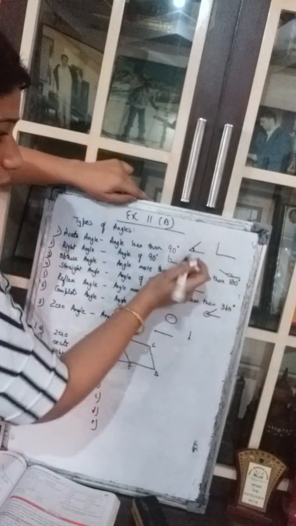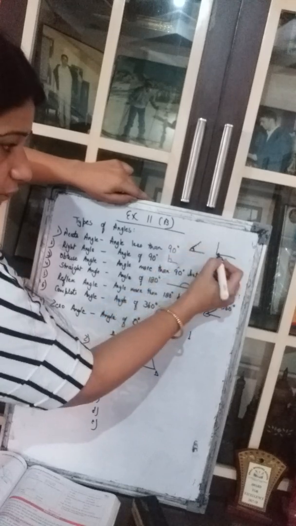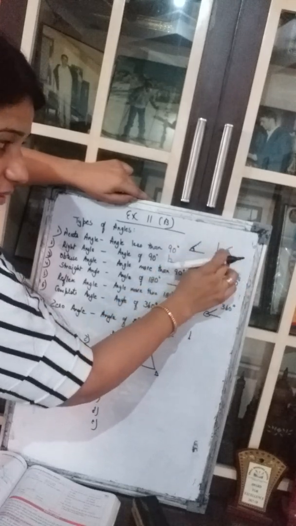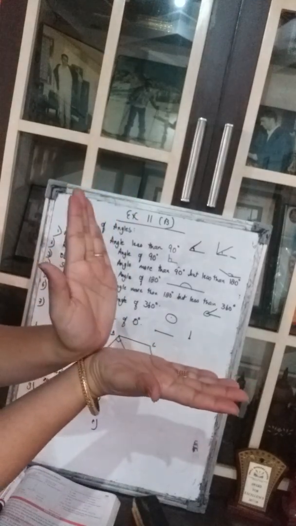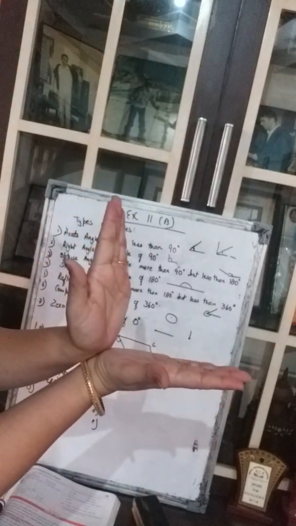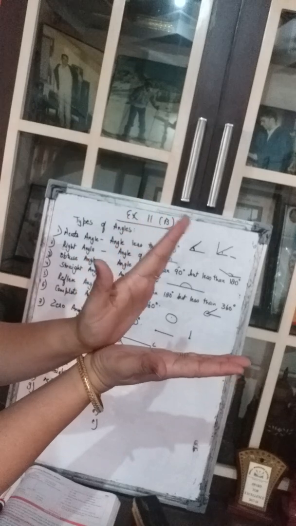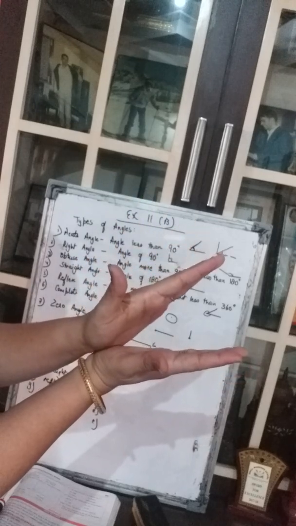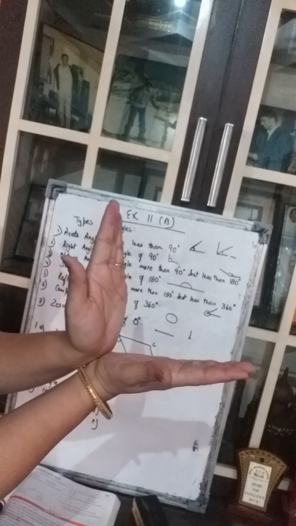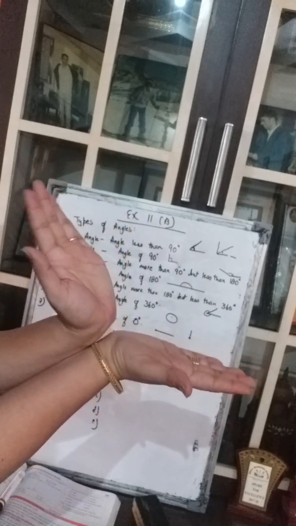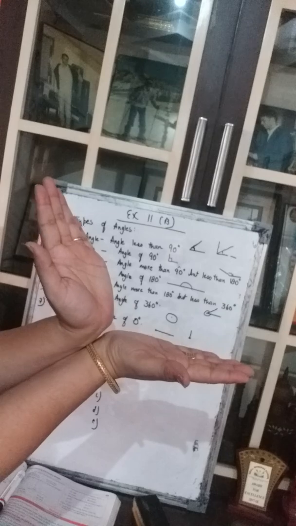So now this angle, this one, obviously this is less than 90 degrees, isn't it? If it had been a 90 degree angle, it would have been like this, two lines meeting each other straight. When it becomes less, that means this angle becomes an acute angle. And when it becomes like this, see, it is becoming more than 90 degrees, then it becomes an obtuse angle. We will come to it.